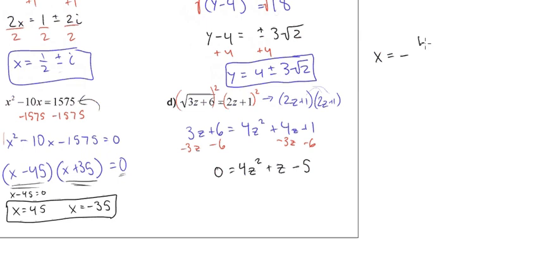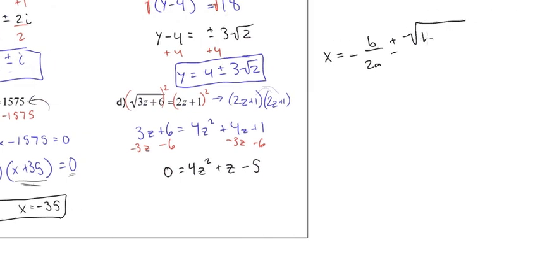So negative b over 2 times a plus or minus the square root of b squared minus 4 times a times c, also over 2a. Now you're probably more used to seeing it as negative b plus or minus the square root of b squared minus 4ac all over 2a. But I do like to split it up like this because it really emphasizes that